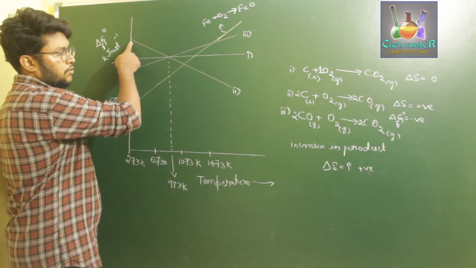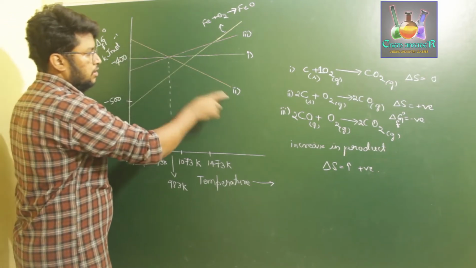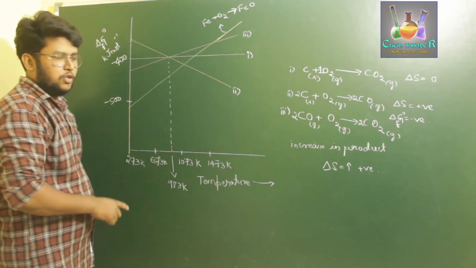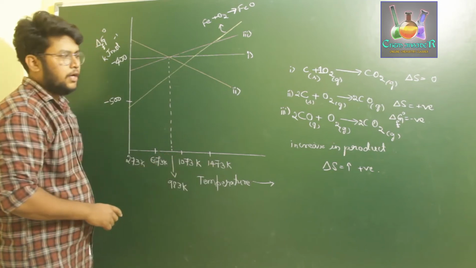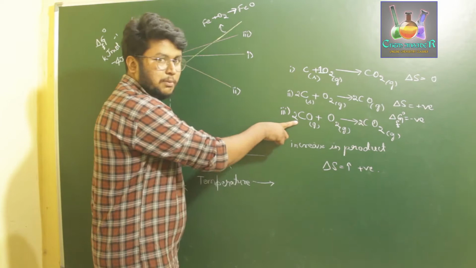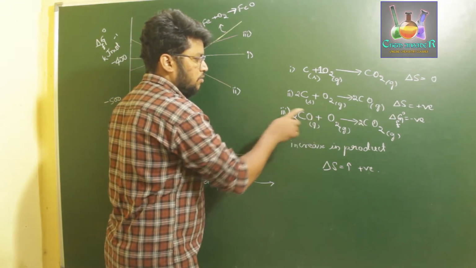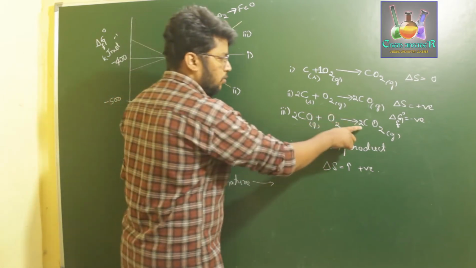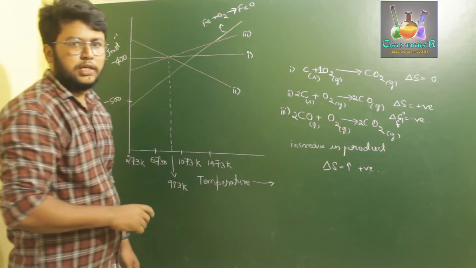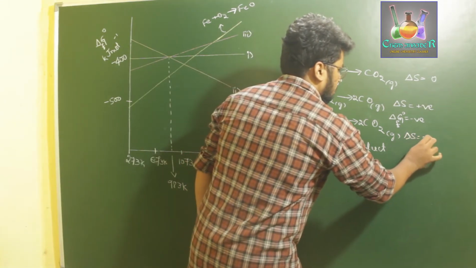Therefore, the second curve, that is the formation of carbon to carbon monoxide, goes more and more negative with increase in temperature. And for the third one, we are using 3 molecules of gas. Now we are using carbon monoxide, which is a gaseous unit. So we are 2 plus 1. We are using 3 molecules of gas to get 1 molecule of carbon dioxide gas. Therefore, what we can say is delta S is negative.